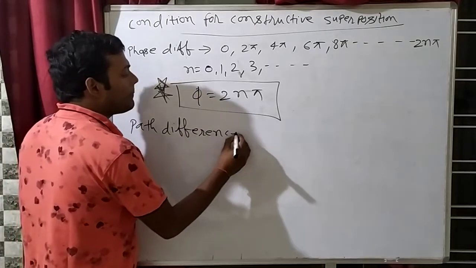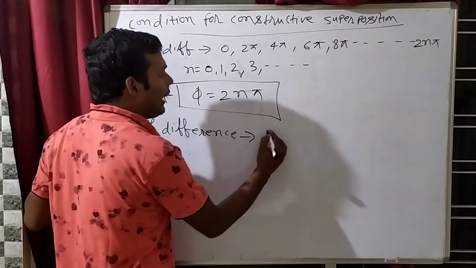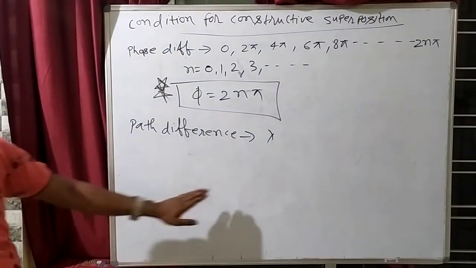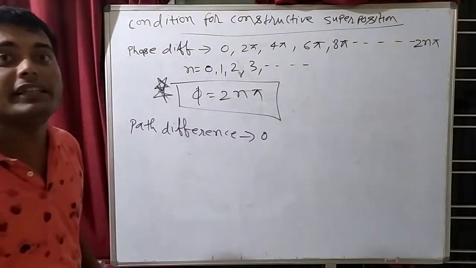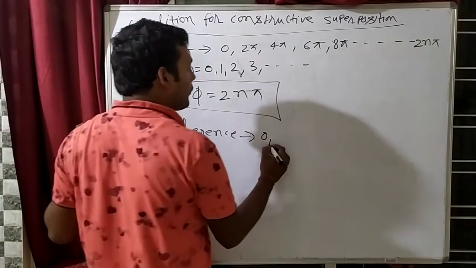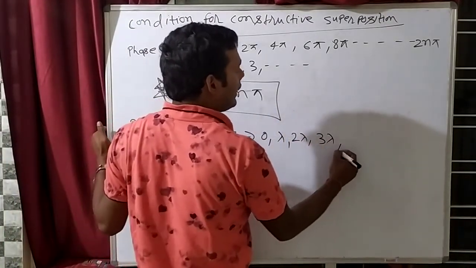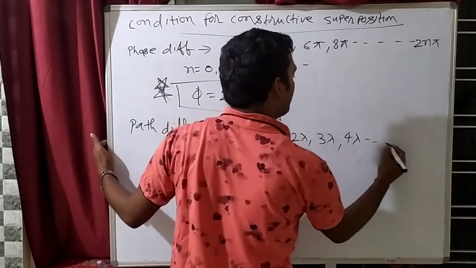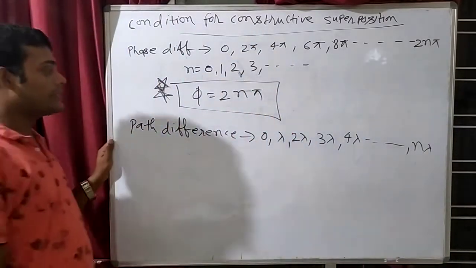So about the path difference I told you. The path difference condition will be: first, path difference was 0. See the graph. First path difference was 0, no? Second it was lambda. Third 2 lambda. 3 lambda. 4 lambda. And up to which one? N lambda. So can we say that for constructive